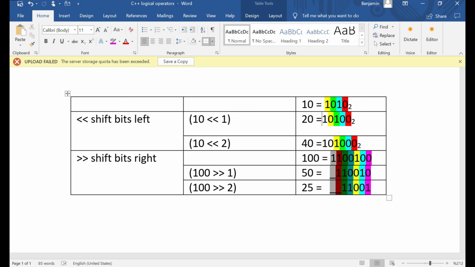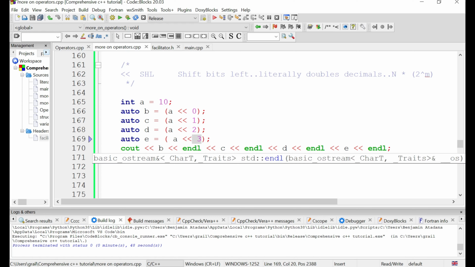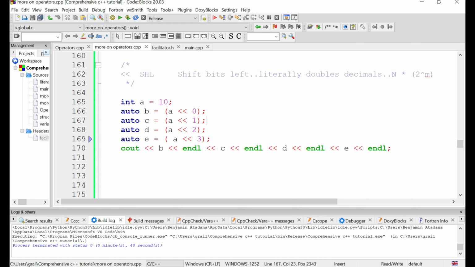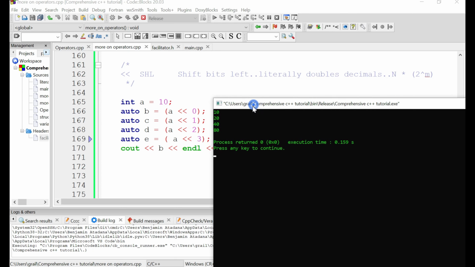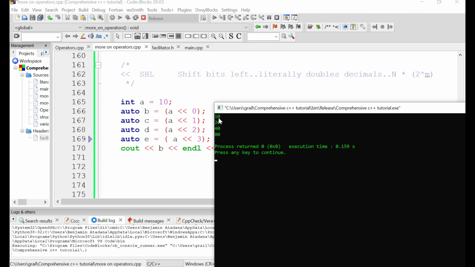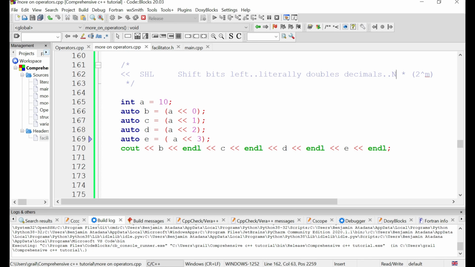So let's go back to the code and rerun this to get a generalization, right? So we run this, build and run. Now this is a generalization as you might have seen, because this is the first number and it was doubled, this one too was doubled, and this one too was doubled. So this is the generalization that I came up with over here. When you input a number, this is the number of times you want to move it to the left. So what happened over here was it took the number a,